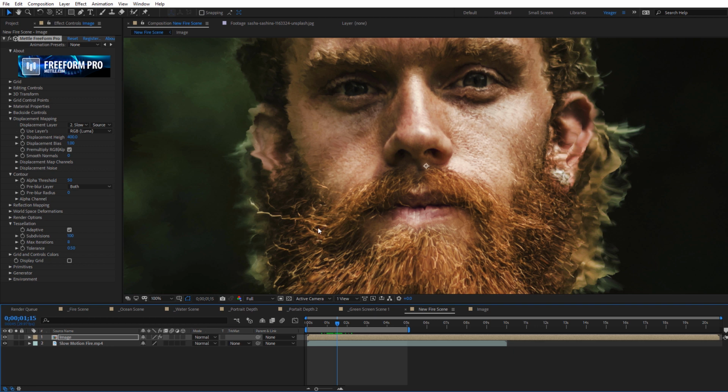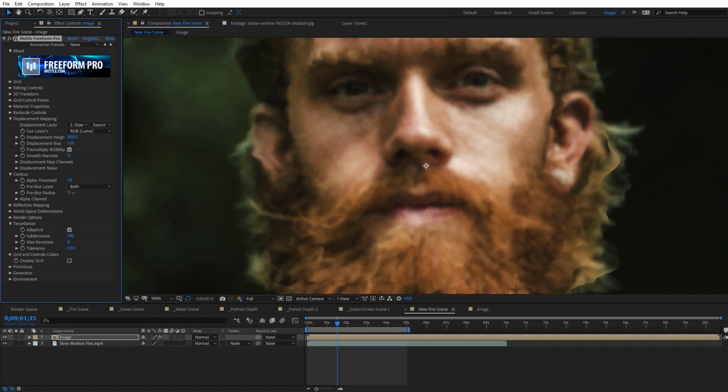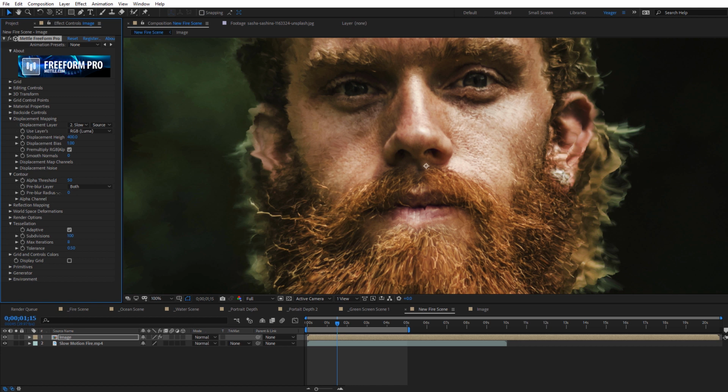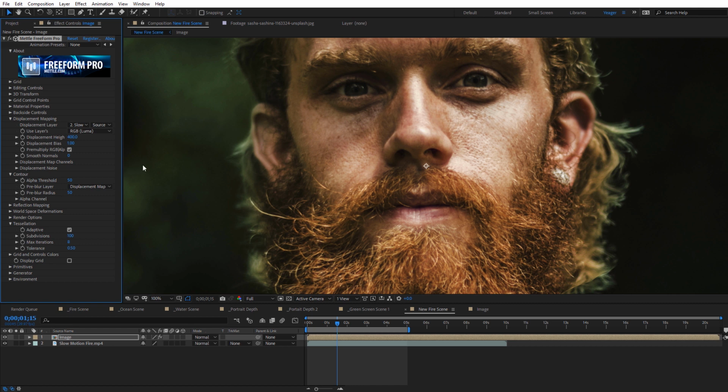And the way we're going to dial this back down is with the contour. So what this basically does is it applies a blur to the displacement or also our texture layer if we want to. I have it set on both right now. And as I increase this, you're going to see it's going to blur, and it's really going to dial down those jagged movements and displacement that we may not want. Now I don't want to blur both of them, so I'm going to bring this back down, and I just want to select my displacement layer. So as I increase this, watch how this acts on our displacement. You can see how it smooths everything out really quickly. I usually set this on something like 50. I find that's kind of a nice medium there.